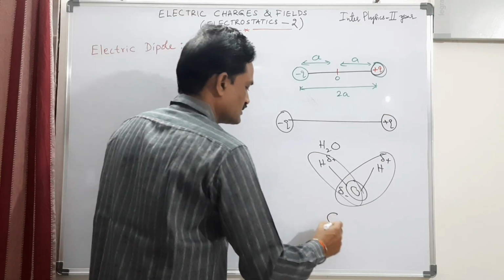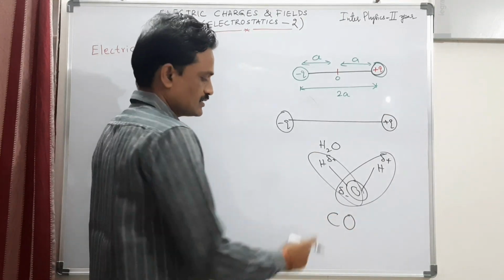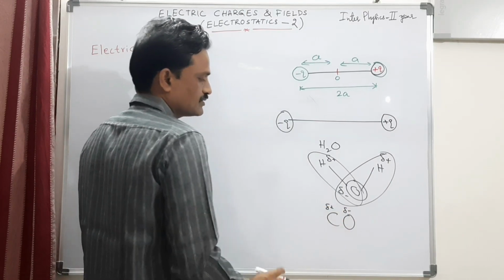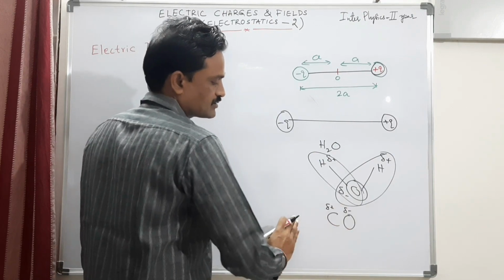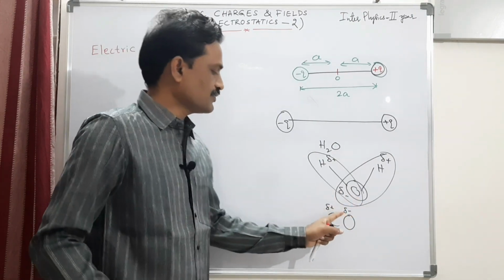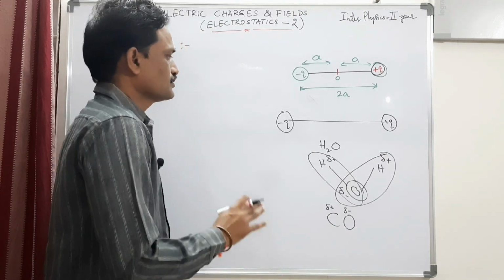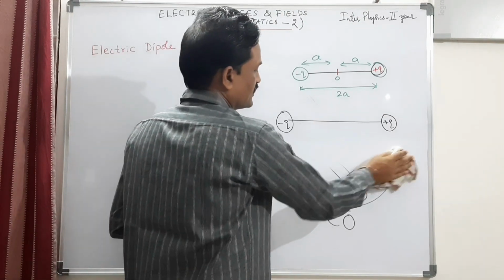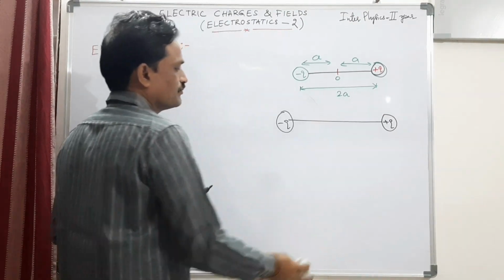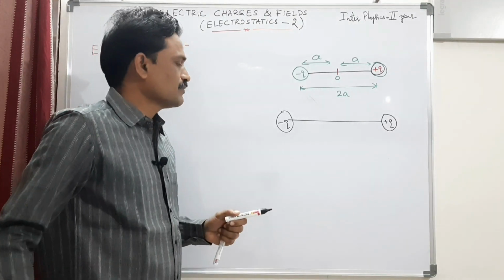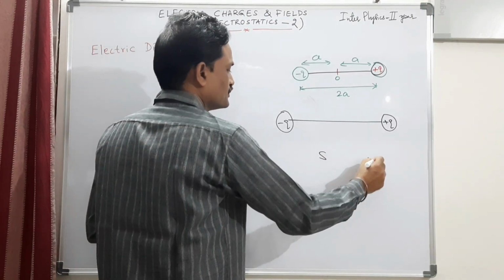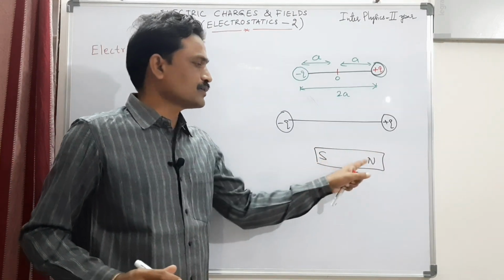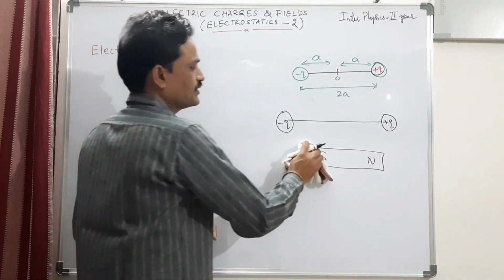In the same way, consider carbon monoxide. In the case of carbon monoxide, oxygen is a little bit negative and this is positive. That means electrons try to move toward the oxygen. If you have more electrons, you have negative charge. So only on the atomic scale we find electric dipoles, whereas in magnetism we have magnetic dipoles everywhere. That means magnetic dipoles, south and north poles, always coexist. You cannot have a separate south pole and north pole, which we already discussed in the previous video.